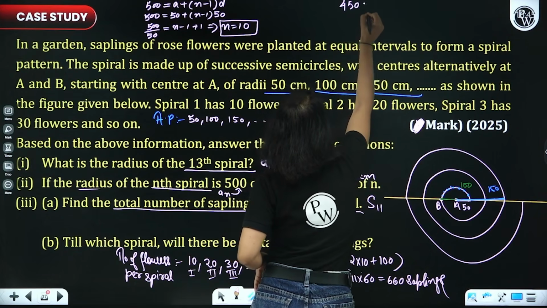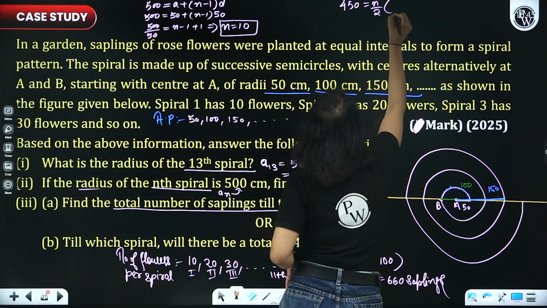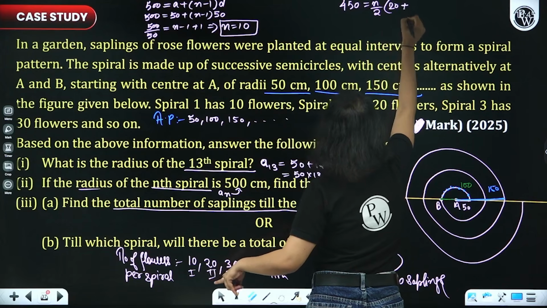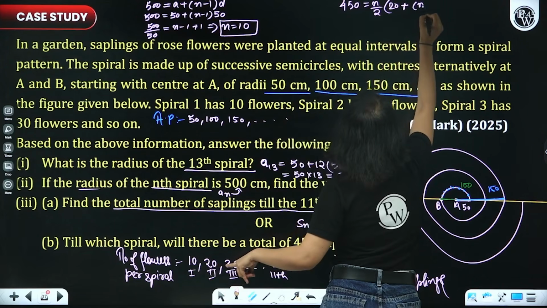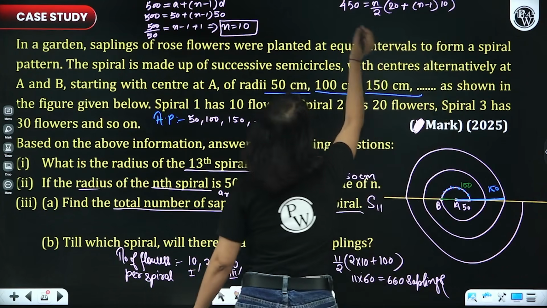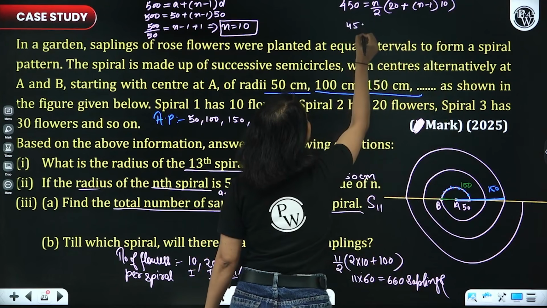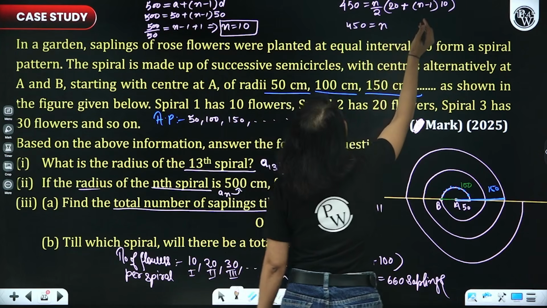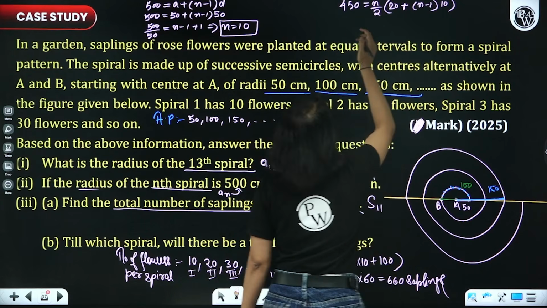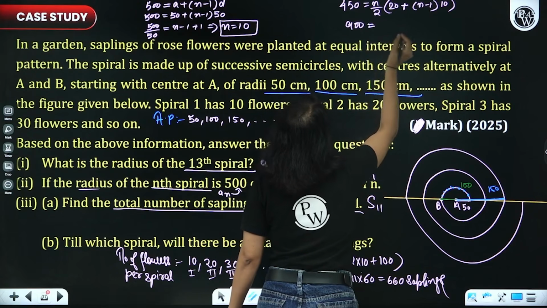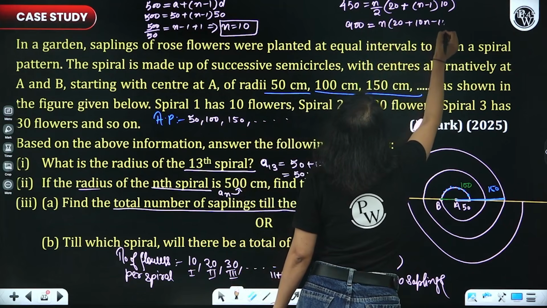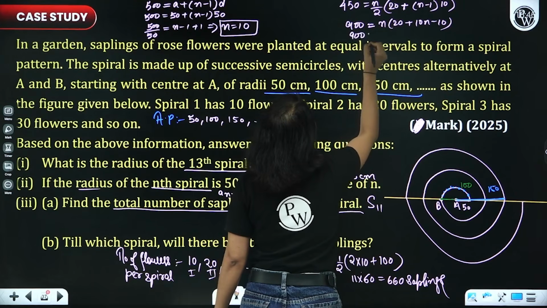So 450 is equal to N by 2 into twice of A, that means twice of 10, that is 20, plus N minus 1 into D. D is what, everyone? 10 again. Okay? So now we just have to solve this. So we'll have 450 is equal to N, now here, let's just take 2 there only. So 900 is equal to N times 20 plus 10N minus 10. So we'll have 900 is equal to